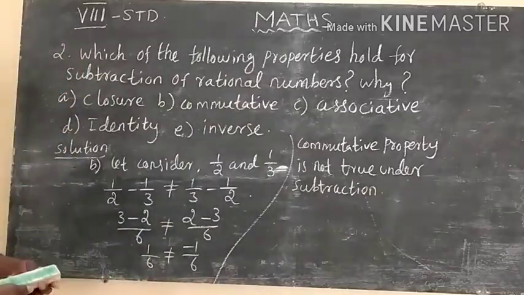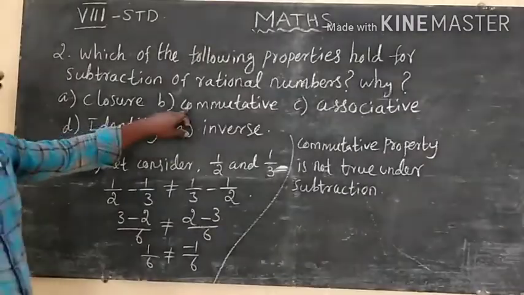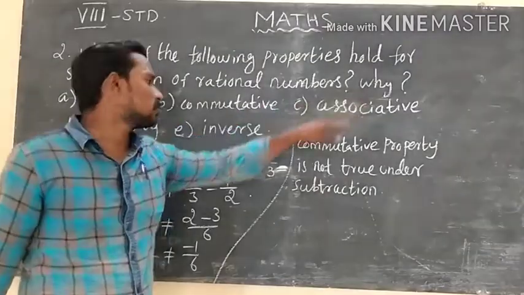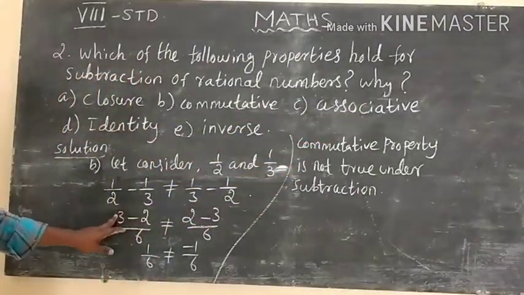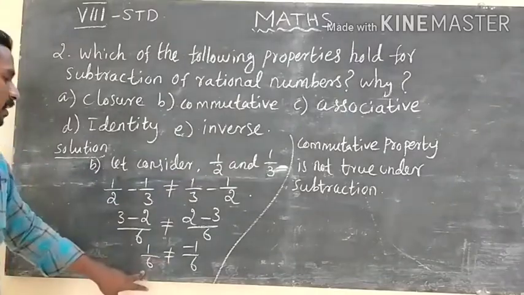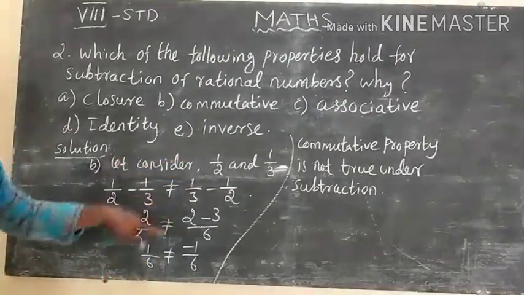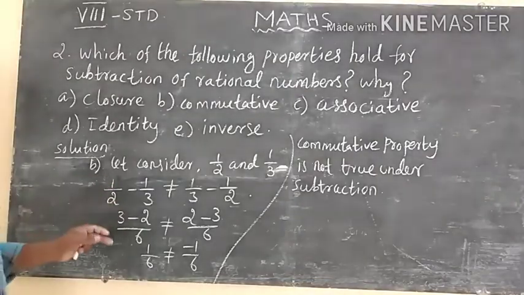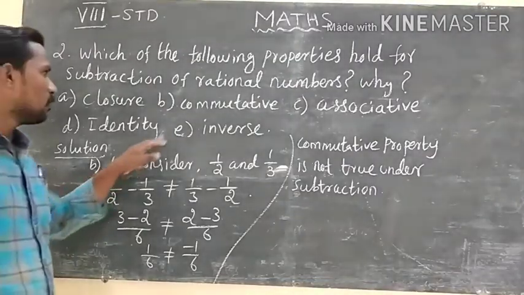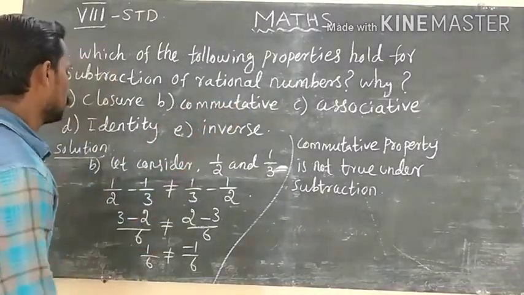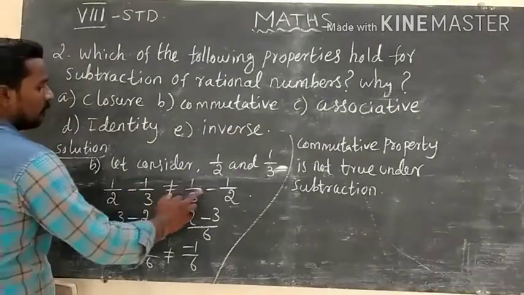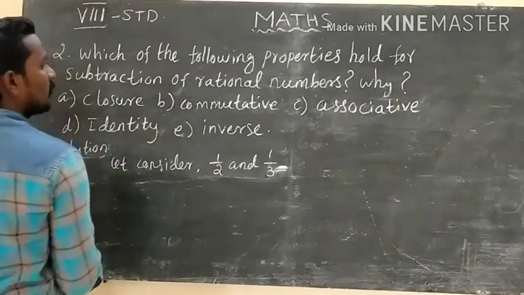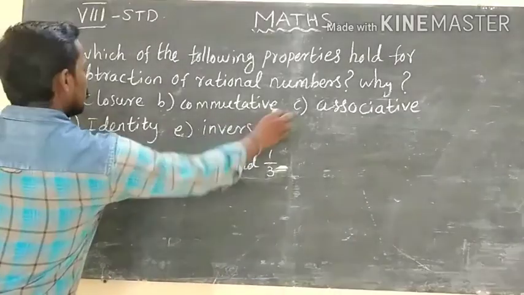Okay. Have you understood? This is the commutative property example. The reason is also one: I have taken two numbers and explained. Okay. This is the explanation. Before, you already knew the result in tabulation form: the commutative property is not true under subtraction. So I directly took the given two operations are not equal. Okay. Then the third question, the third C,